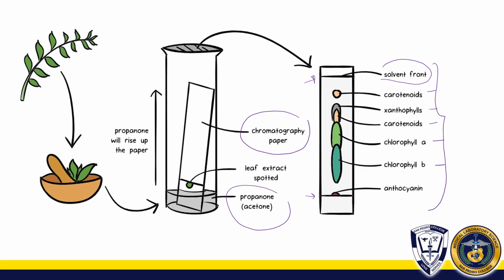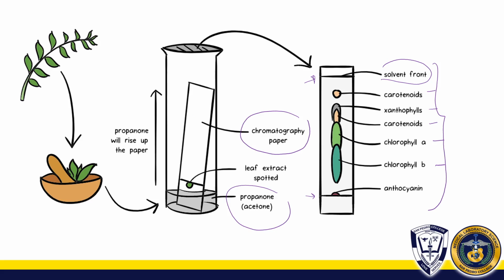And since the movement is fast, the greater the distance traveled. Again, let me state it once again. The more soluble the component, the faster the movement, the greater the distance being traveled. And of course, again, they differ in solubility. Especially in our example, our different pigments differ in solubility, and thus,